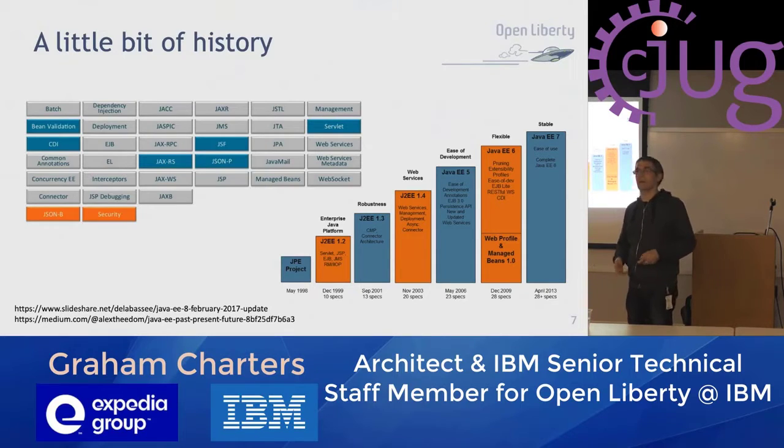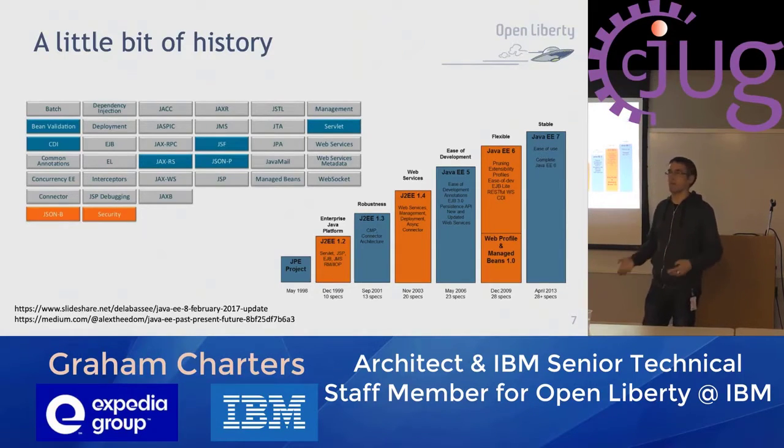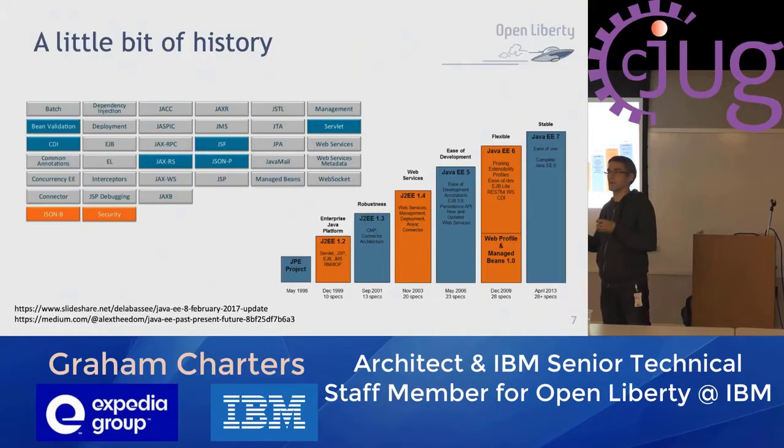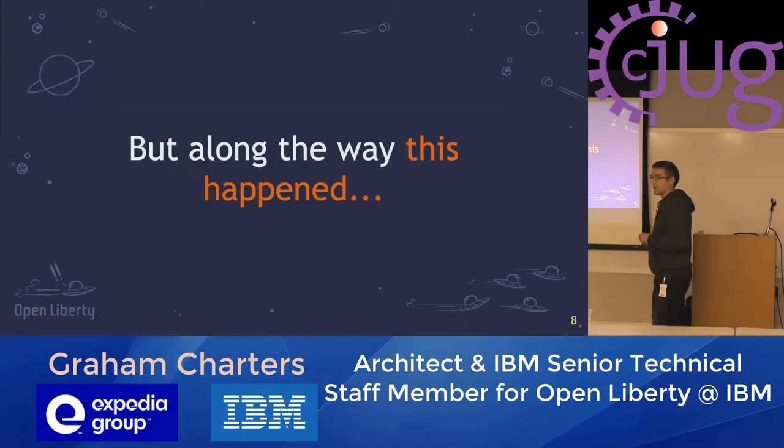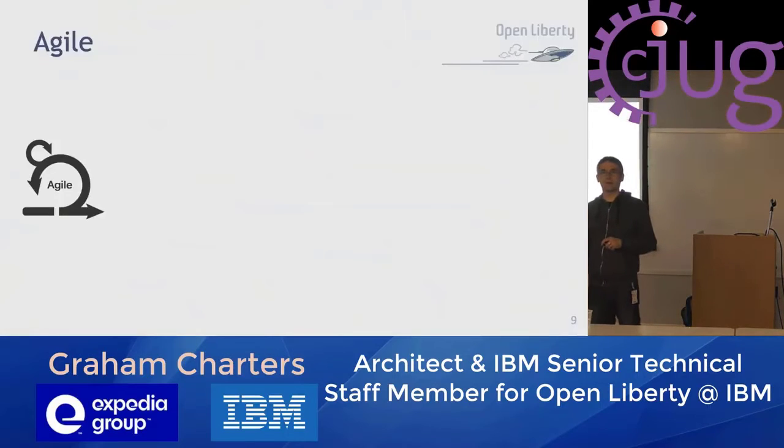Because of the focus of the industry, we were doing things like waterfall, and that was waterfall both in development and release of software, but also waterfall in terms of companies doing deployments of the software. Because that was a big task, once they deployed it, they wanted that thing to stay up for a long time. So the focus was on operations rather than on the developer experience. But along the way, something happened called Agile.